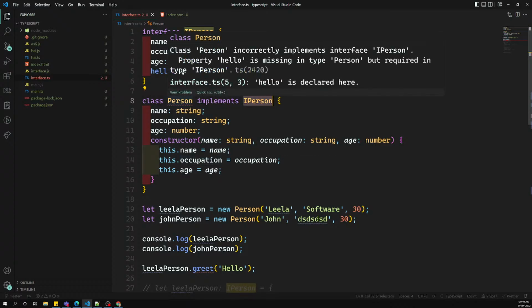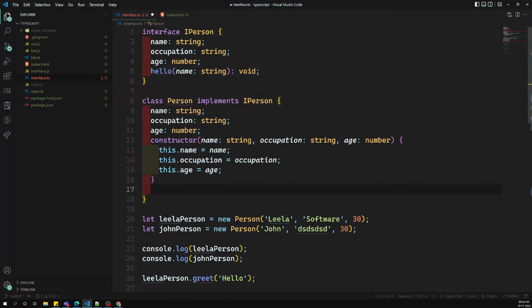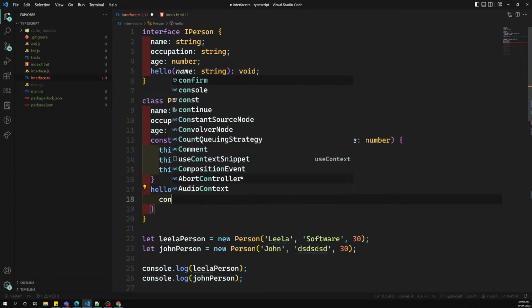Now it is telling that the person has incorrectly implemented the interface. Why? Because hello is missing. So you need to implement this hello also. Now I am making it mandatory for this class to implement the greet of type string. So I can do something like console.log